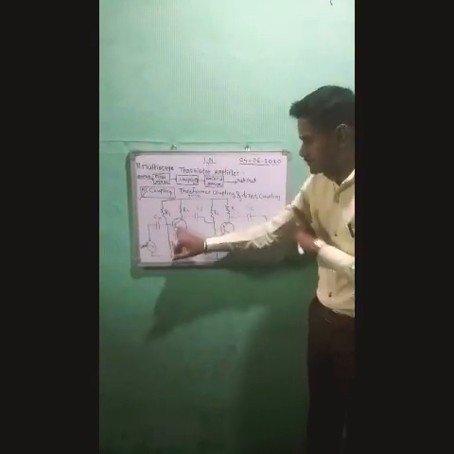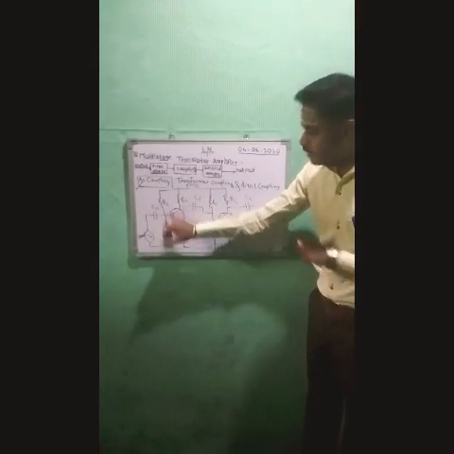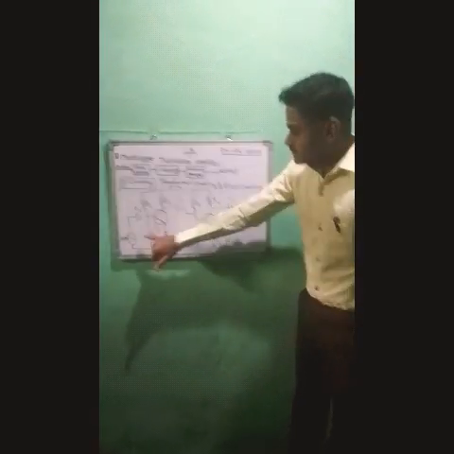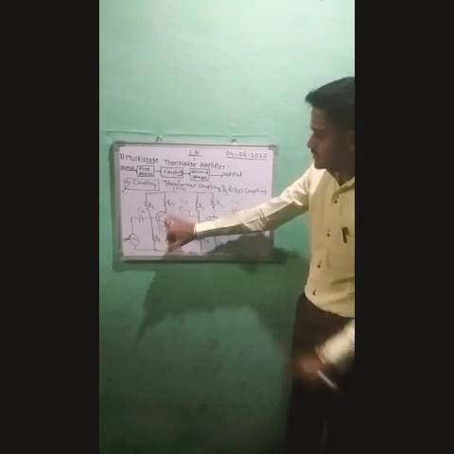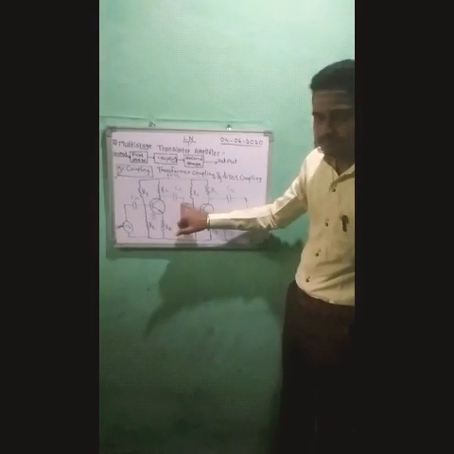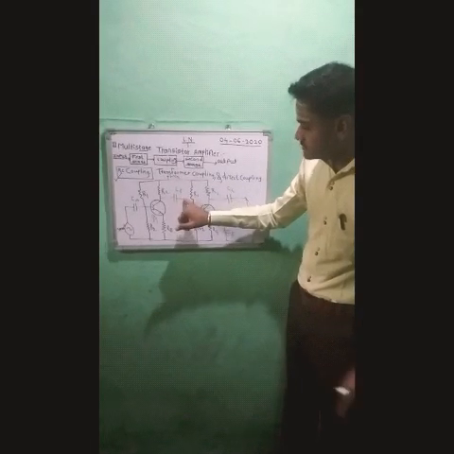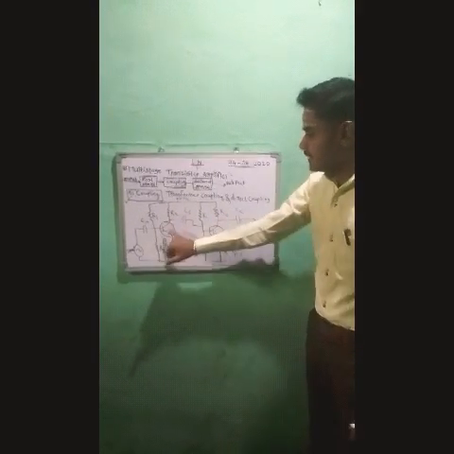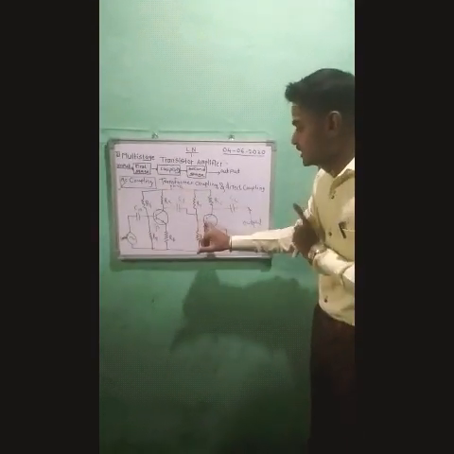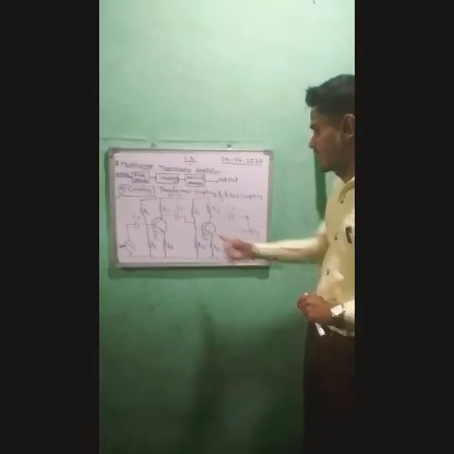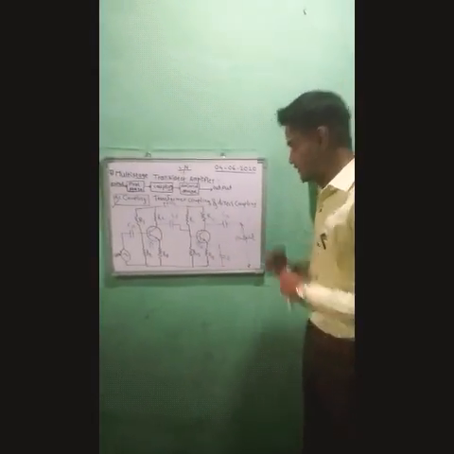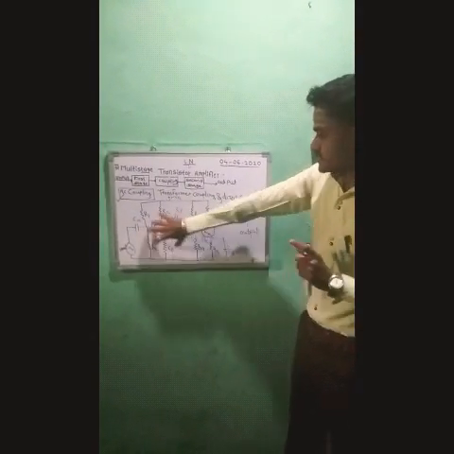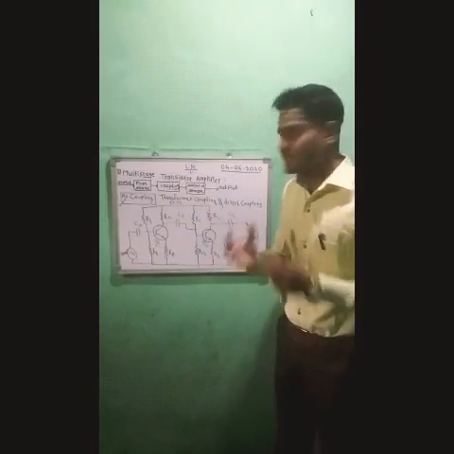The signal is applied to transistor 1, and the gain of the signal is in transistor 1. The output of this transistor is coupled through the RC coupling, and the output of this coupling we use as the input to the second transistor. That is, the first transistor's output goes to the input of the second transistor, and the output occurs in this case. It means that here we have to use two transistors. Means what? The two-stage RC coupled